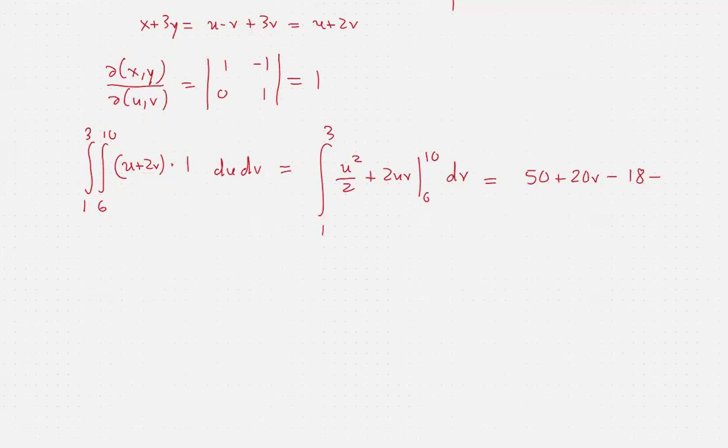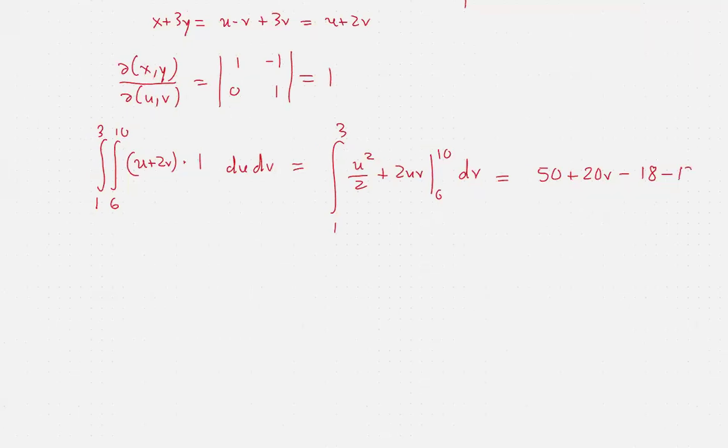And this will be for v from 1 to 3. So this will give us 32 plus 8v from 1 to 3 dv, which is going to give us, of course, 32v plus 4v squared